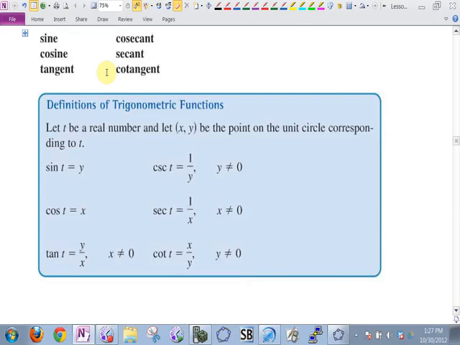We're good to go? Now, we are going to memorize all multiples of 30, all multiples of 45. And you're going to memorize the coordinates of the points. Okay? So, for example,